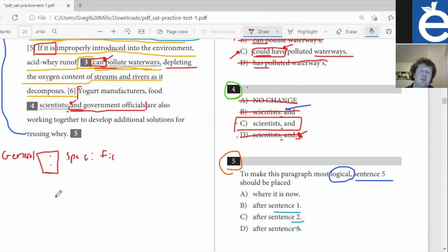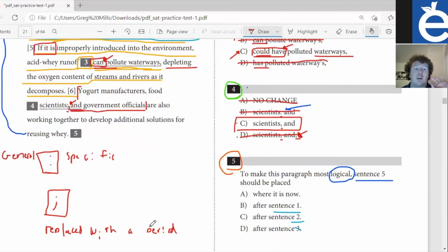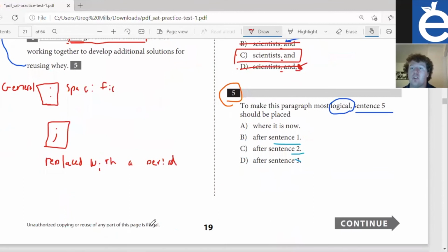A semicolon is used to link two very closely related terms. So a good rule of thumb is that if a semicolon is used, it could be replaced with a period, and the two terms would function as sentences on their own. So that's a good test to run about semicolons, but also they're used to separate items of a list that